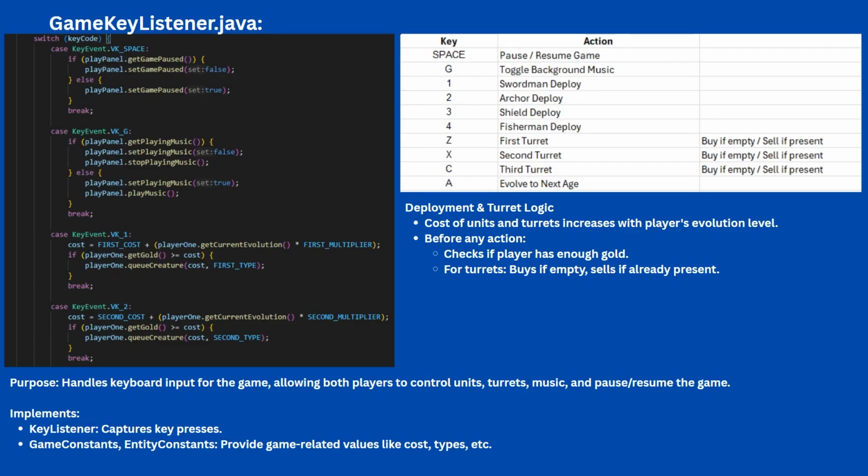So in this class, it handles all the keyboard input from the players. For example, player one can pause or resume the game using space, toggle music with G, and deploy different types of units using number keys like 1, 2, 3, 4. And also keys like Z, X, and C allow players to buy or sell turrets depending on their availability